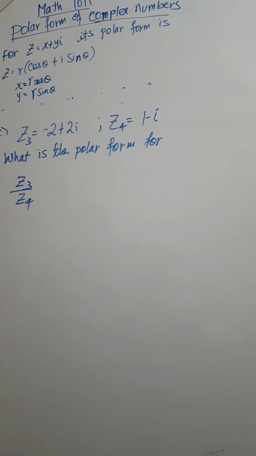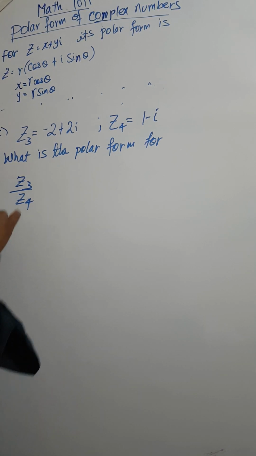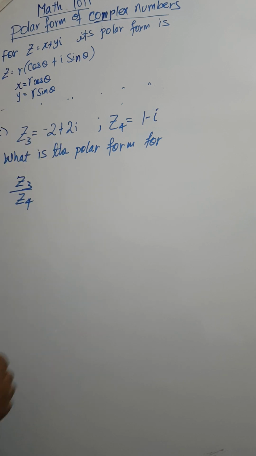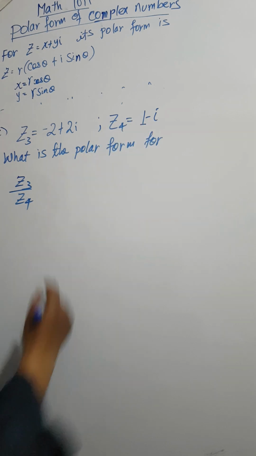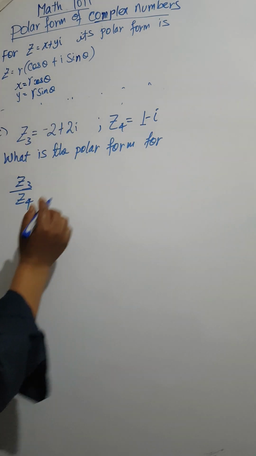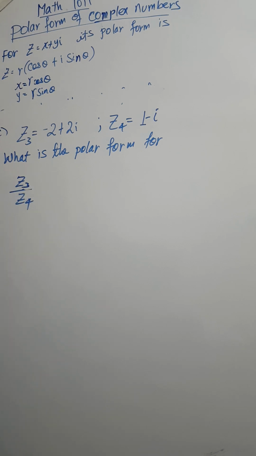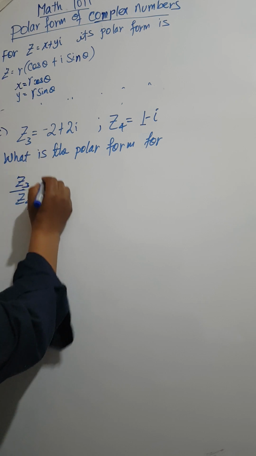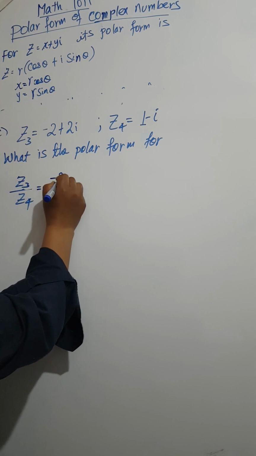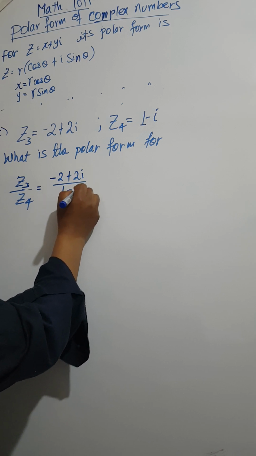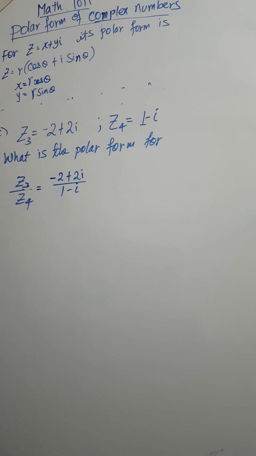So okay, አሁን ደግሞ ሁለት ኮምፕሌክስ ነምበሮች ተጣምረው ሲመጡ ለምሳሌ z3 ብለን ኔጌቲቭ 2 ፕላስ 2i አለን፣ z4 1 minus i አለን። So what is the polar form of z3 divided by z4? ይሄን የተጠየቀ ይሄን ለማድረግ እንዴት ነው የሚሆነው? ኔጌቲቭ 2 ፕላስ 2i divided by 1 minus i። ኦኬ 1 minus i።